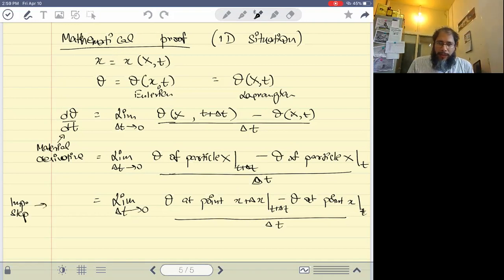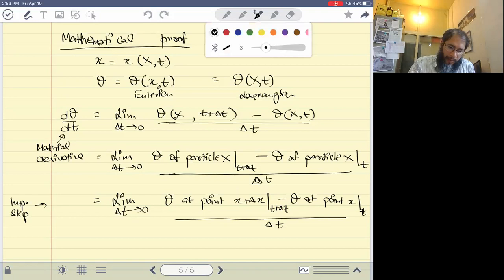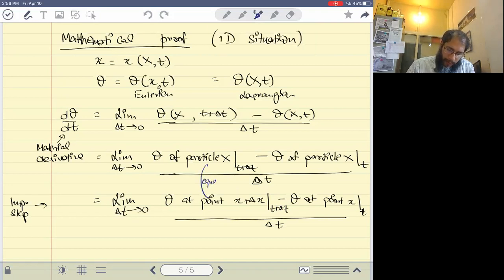So what we are saying is that the theta of a particle capital X at t plus delta t time is the same as theta at a spatial point small x plus delta x at a later time t plus delta t. So it's very important to understand that these two things are equal, and these two things are